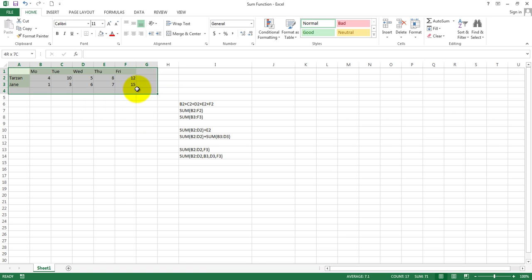Over here you have a data grid for coconuts eaten by either Tarzan or Jane throughout a whole week. So Jane had 6 coconuts on Wednesday, while Tarzan only had 5. On Friday, Tarzan had 12 and Jane had 15. Using the basic calculation formulas that you've learned in the previous lesson of this course, you could simply add up